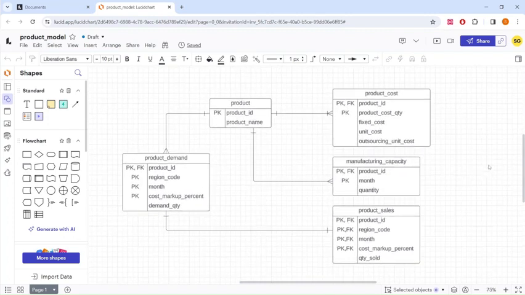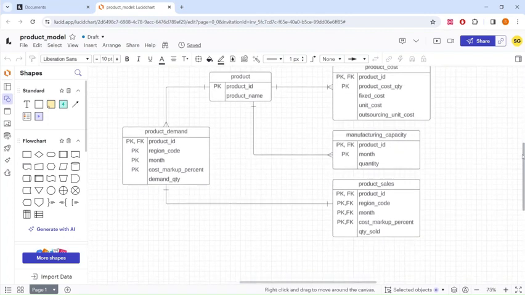Then even though the product cost is telling us something, there is also a manufacturing capacity. I put some date component in here because sometimes manufacturing is seasonal. So that's why I put the month as one of the primary keys. Product ID is again primary key and foreign key. And here you're just getting an idea of, given a product in a month, what is my